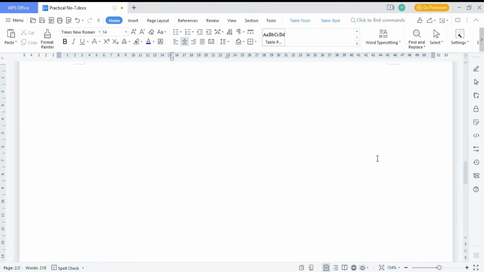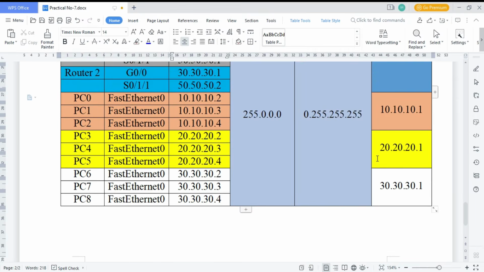Okay, and this is my default gateway. For PC number 0, 1, 2, my default gateway is going to be common, that is 10.10.10.1. I have taken this address. Since they are in the same network, this is a gateway which is common for them. Similarly, if you check it out for PC 3, 4 and 5, the gateway I have taken as